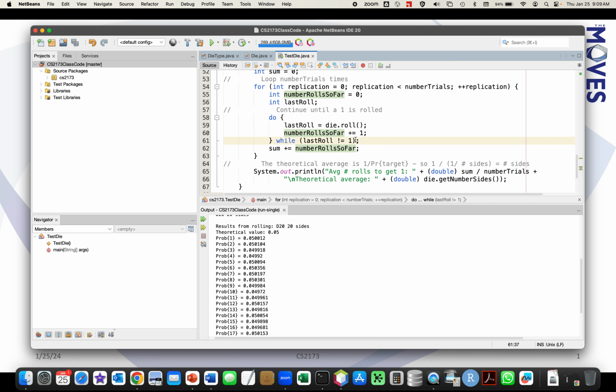While the last roll is not equal to 1, I'm going to keep doing that. And then I'm going to bounce out of that when I finally get a 1. So when I get a 1, this becomes false, and I bounce out to here. Now again, look at the scope here. The scope of number of rolls so far, again, is within the for loop. And likewise, the last roll,